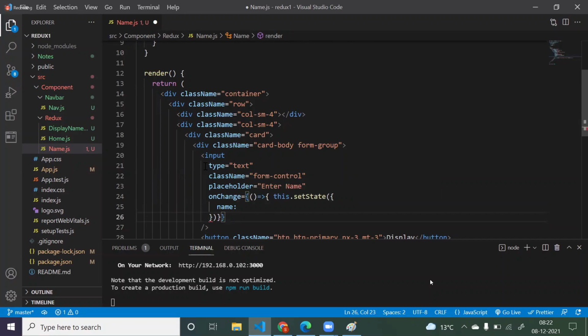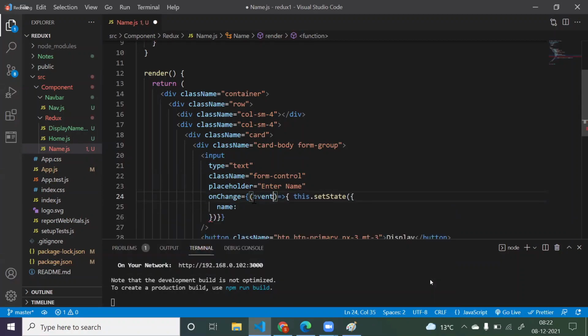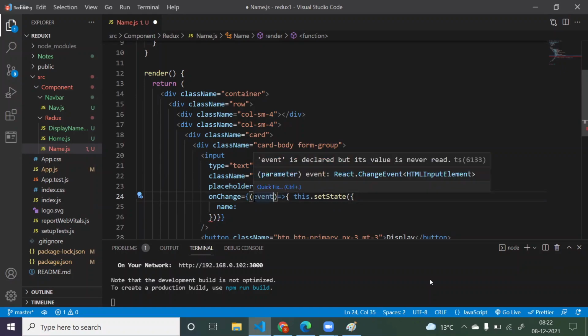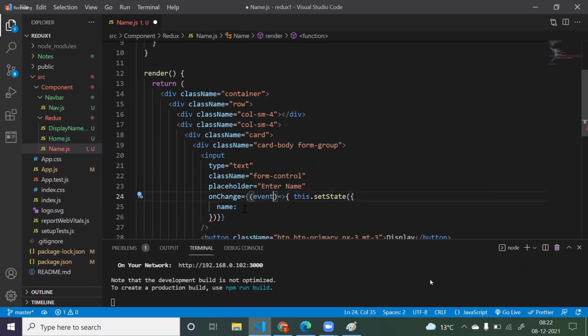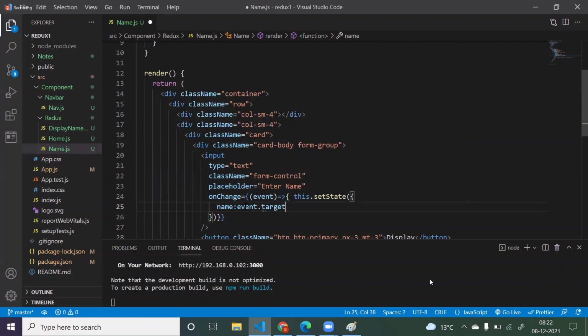So how to take that data? By default your JavaScript will pass one object to each and every function, that is the event object. So through this event object we can take the data from this input box.